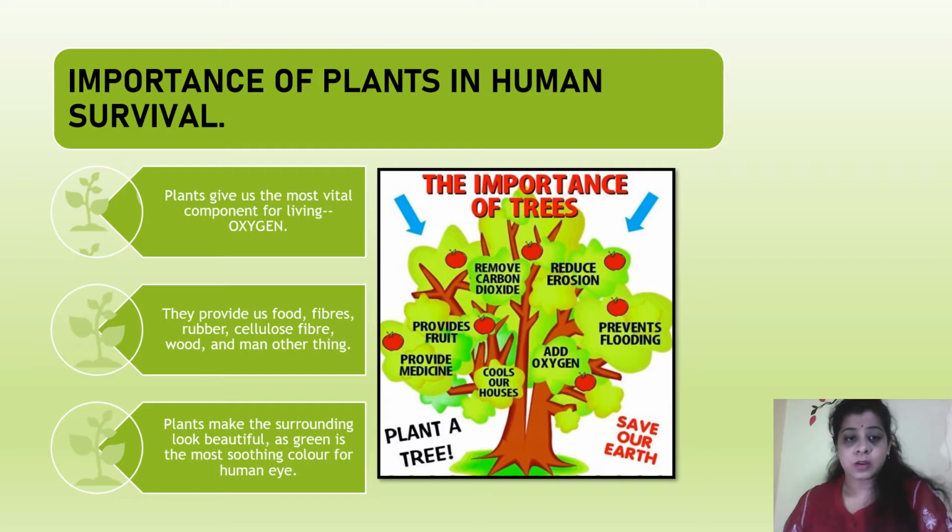Okay, so the first point over here is they provide us oxygen, that is the most vital component which is required by every human being, not only human beings but other animals like goat, like dog. Every animal present on the earth requires oxygen to breathe in, and one and only source of oxygen is the plants. They take up carbon dioxide which we breathe out, जो हम breathe out करते हैं, that is being taken up by the plants, and